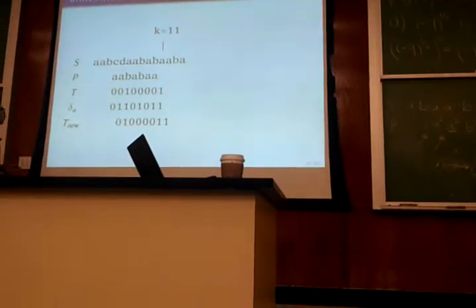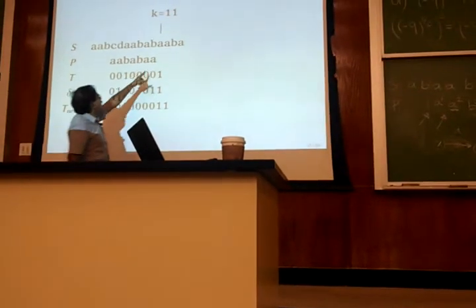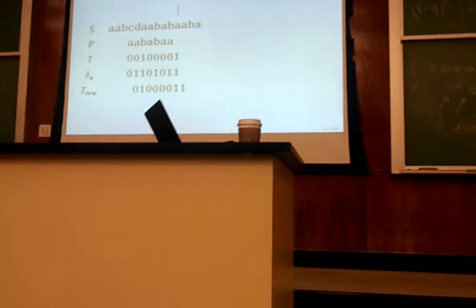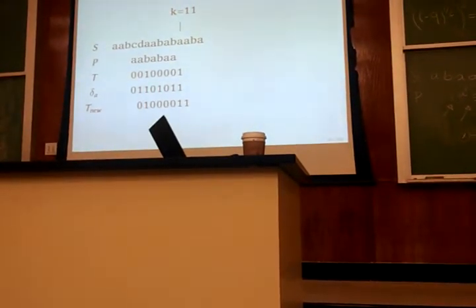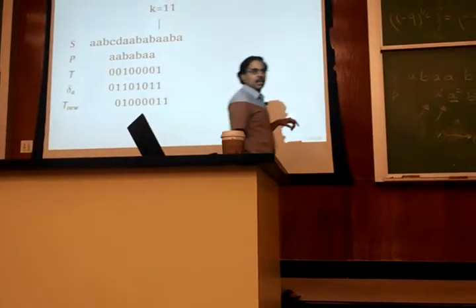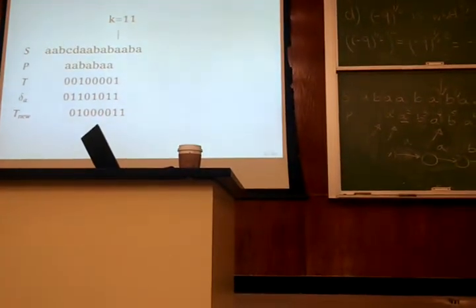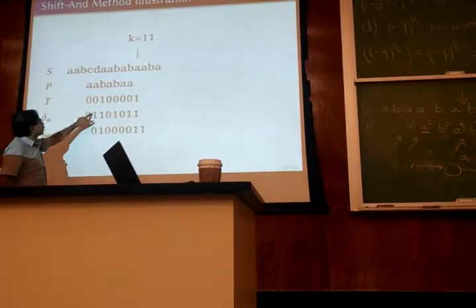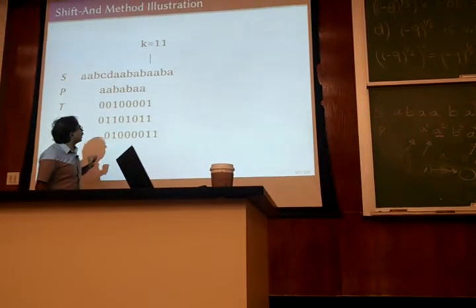Okay? So then you want to advance the match based on seeing the next symbol. So we set K equal to 11, and that's pointing to that A, and we want to see how to advance the match. Okay, so what we do is we do the operation that we did in the previous slide, which is you mask T with delta and then shift it to the left by 1. Okay, so what we do, we mask 1, 1. This becomes